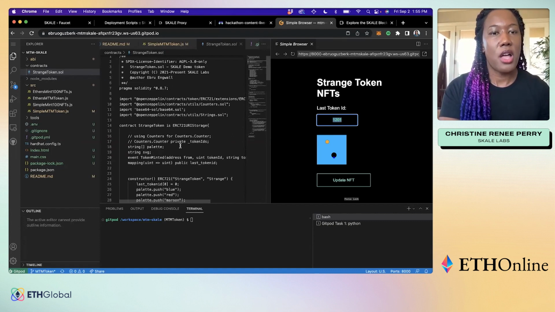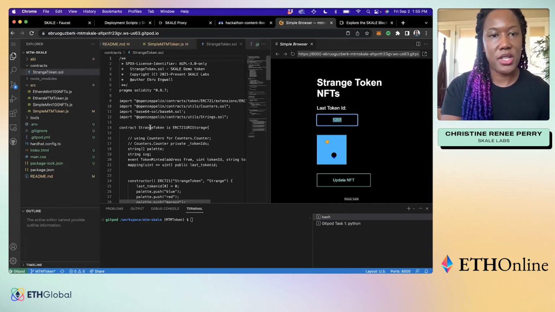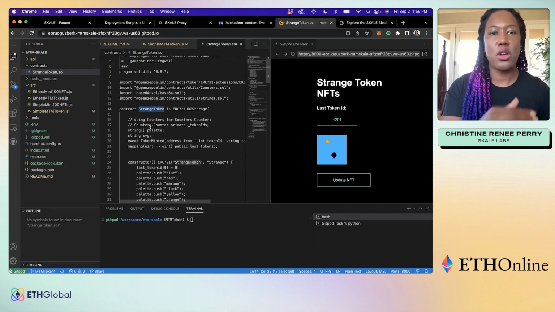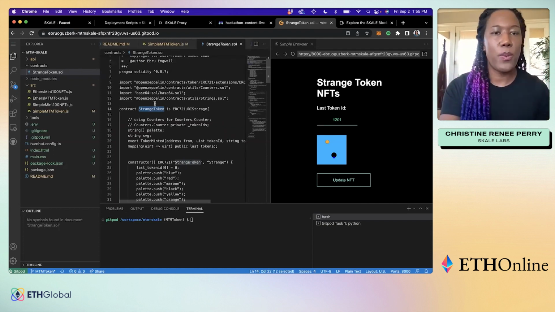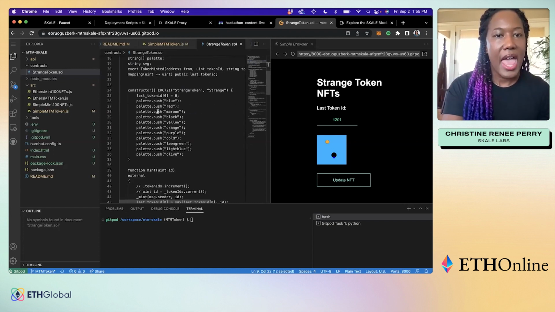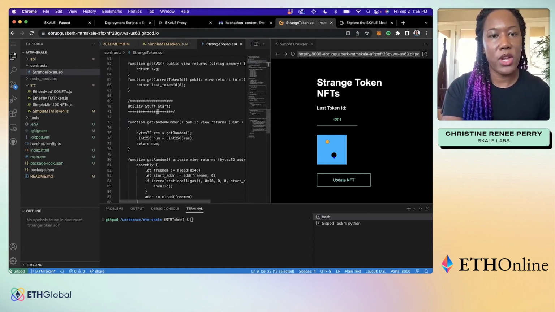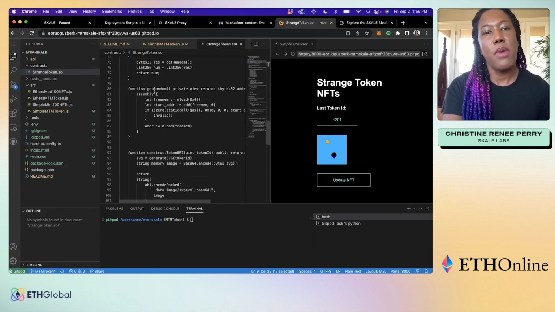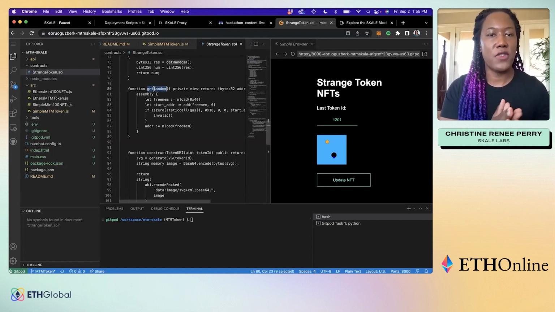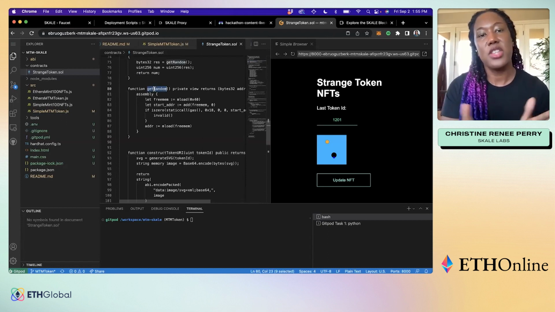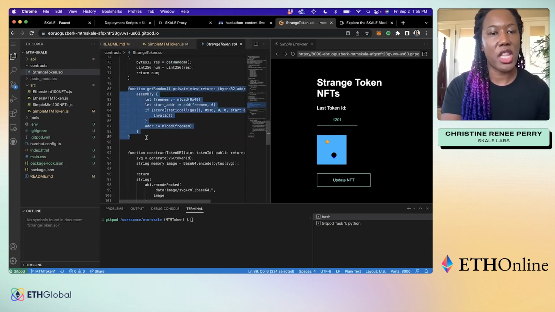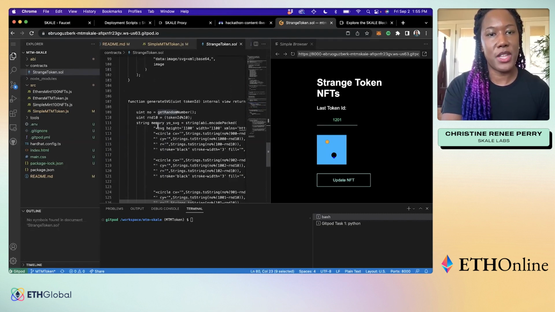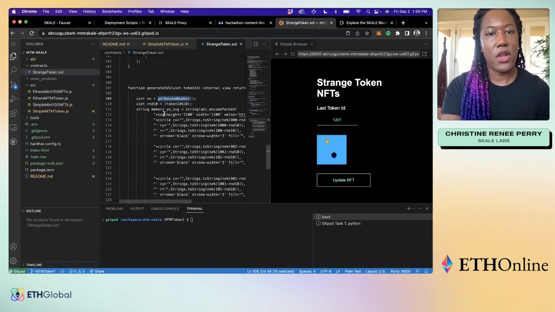And what this contract does, I'm going to first show you the contract, because the SKALE token contract is just your basic ERC 721 smart contract. It leverages the OpenZeppelin standards. And the one thing that is going to be different here, though, if I scroll all the way down, remember how I said we're taking advantage of using some of those unique features, such as a random number generator. Well, you place that function directly within your smart contract,